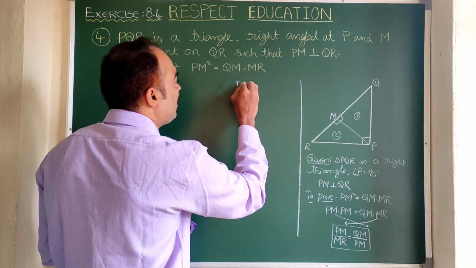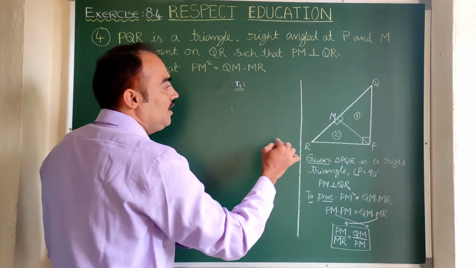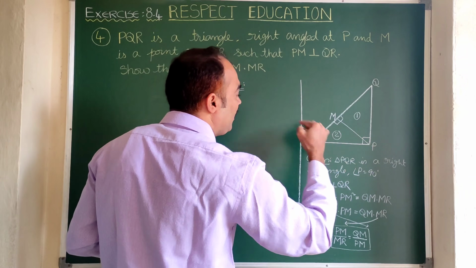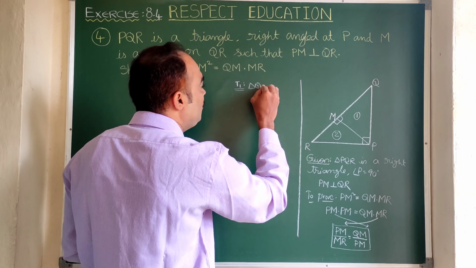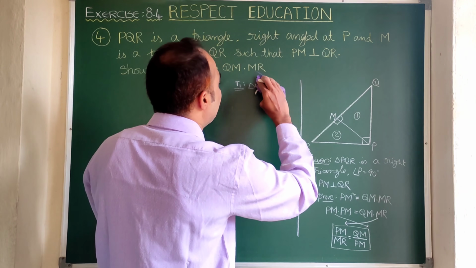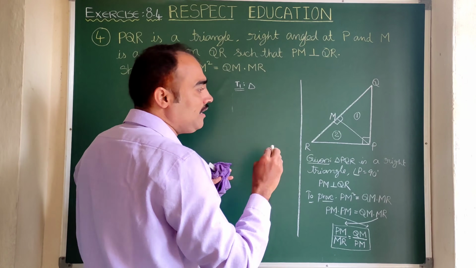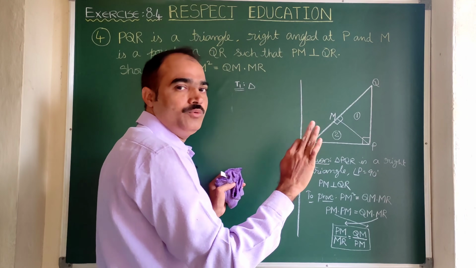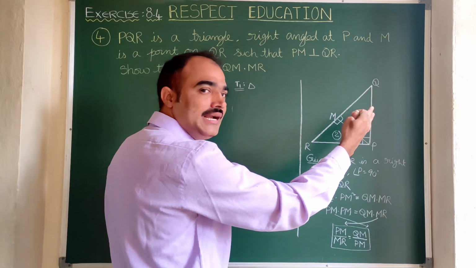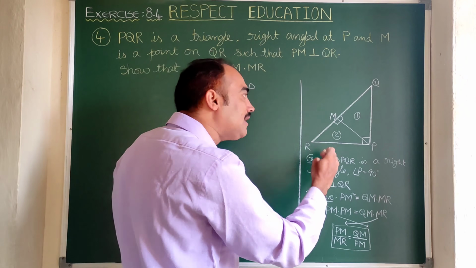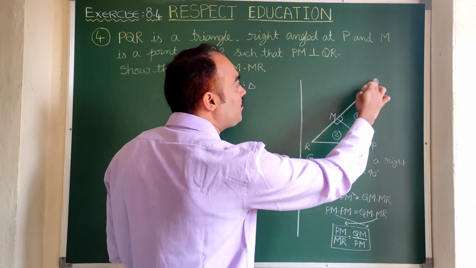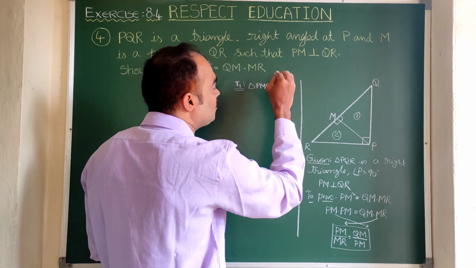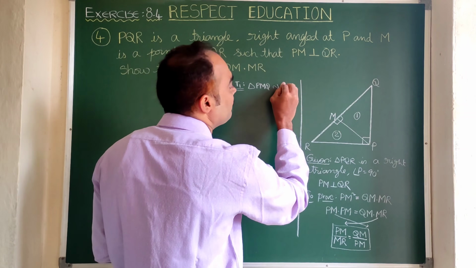Target 1. Our first target is to prove first son is similar to father. Here father means I am taking triangle QPR, and son we want to say, right? Because it's good to say that son looks like father instead of saying father looks like son. Of course both are same, but here father is elder one, son is younger one, so better we can compare son with the father. That's why I'm writing first PMQ triangle. PMQ is similar to triangle QPR.